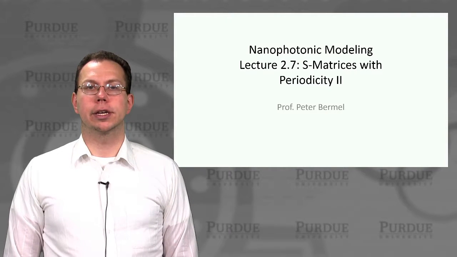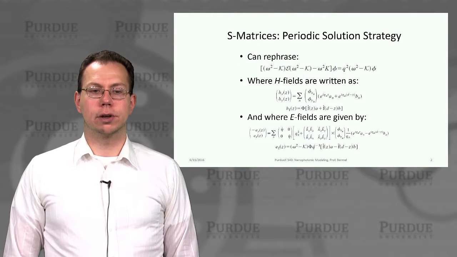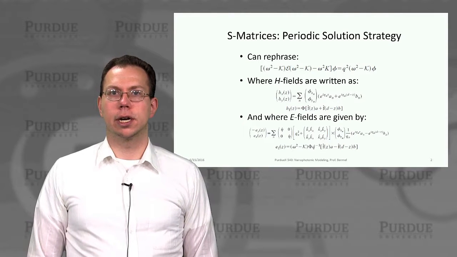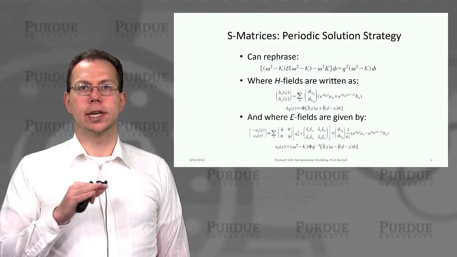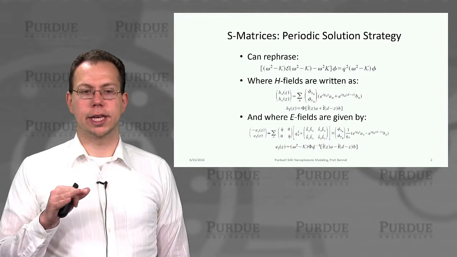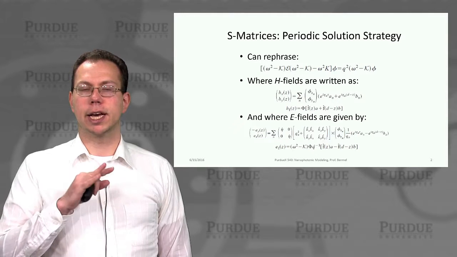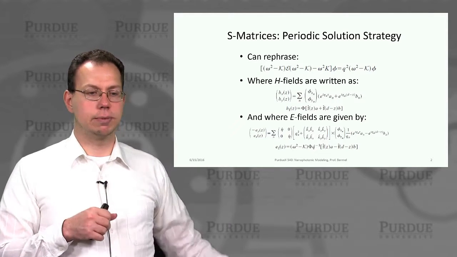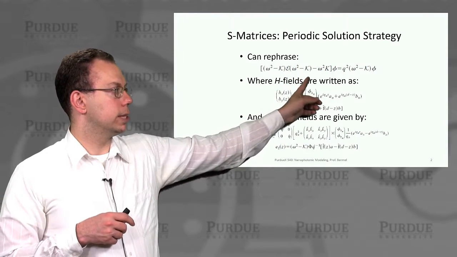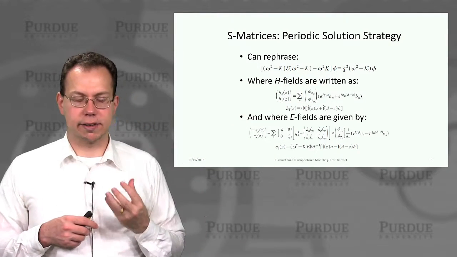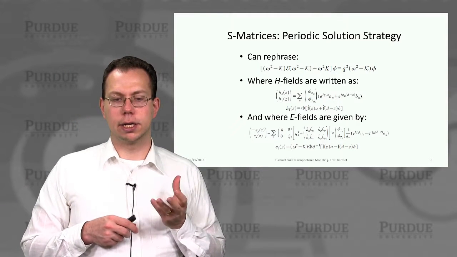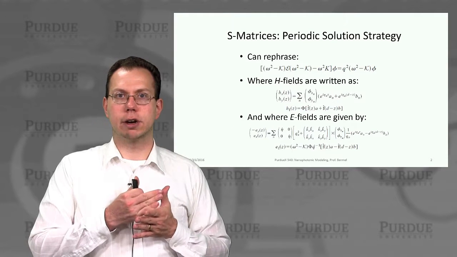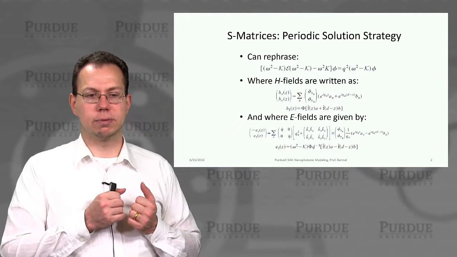So we're continuing with the concept of S matrices that have periodicity. Before, we'd written down an eigenproblem for coefficients of E and H fields in the presence of diffraction within layers. And I mentioned that there's not only an eigenproblem, but a generalized eigenproblem. So we can write the generalized eigenproblem in this form, and that gives us a simpler orthonormality condition that's automatically satisfied. So we can use either a regular eigensolver or a generalized eigensolver for these sorts of problems.